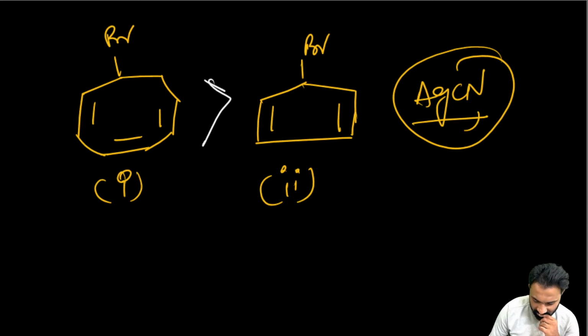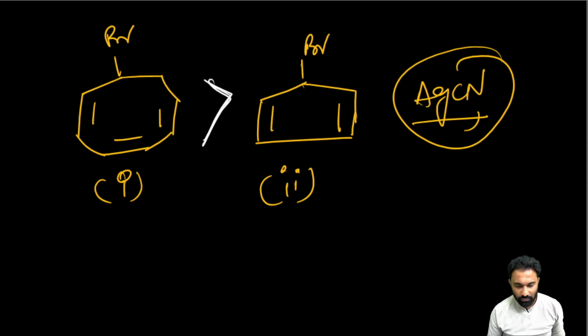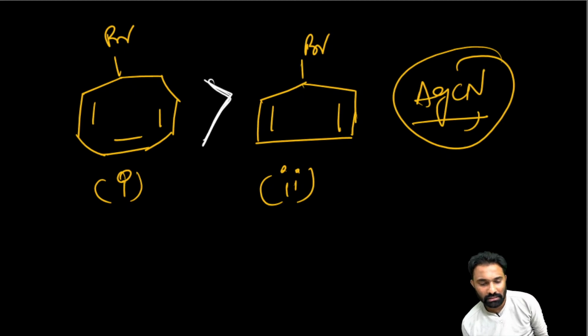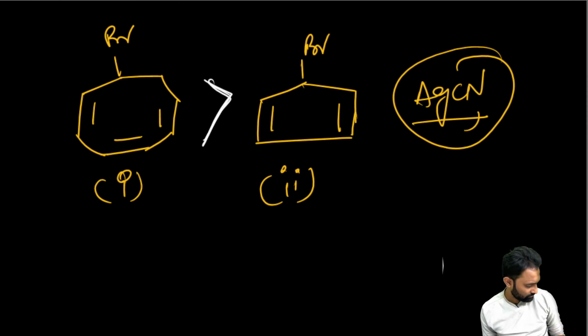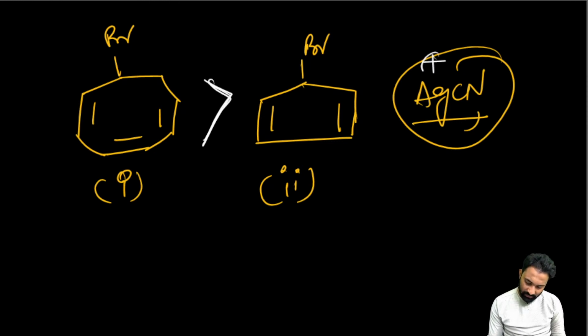One will react very fast. May I know the reason? Why have you chosen the 2? The answer is 1. Why? Because here this Ag plus will readily, if it is eliminated,